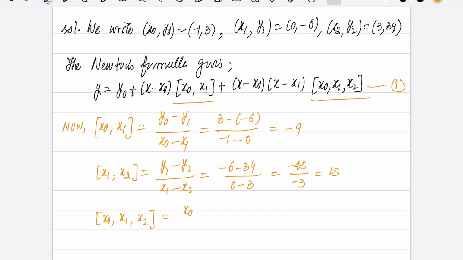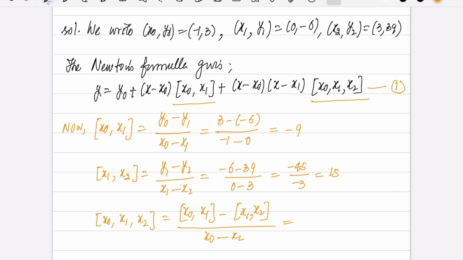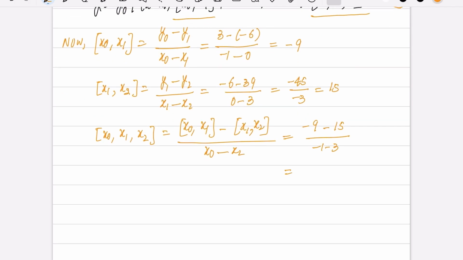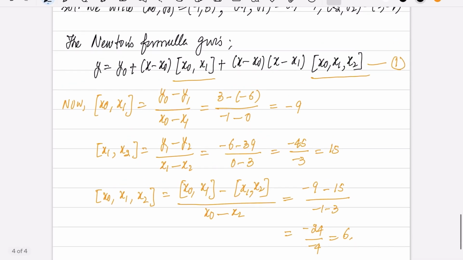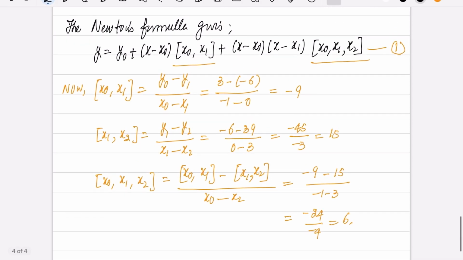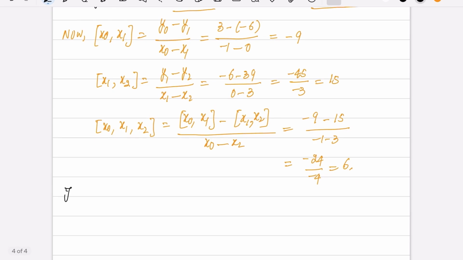Now by definition this is equal to [x0, x1] minus [x1, x2] whole divided by x0 minus x2. So this is equal to minus 9 minus 15 divided by minus 1 minus 3, which is minus 24 divided by minus 4, which is equal to 6. So we have computed all the things, and we are ready to substitute these values in equation number 1. So from equation 1 we obtain